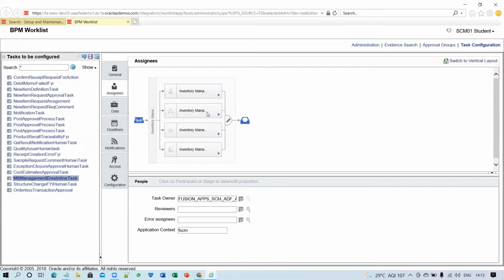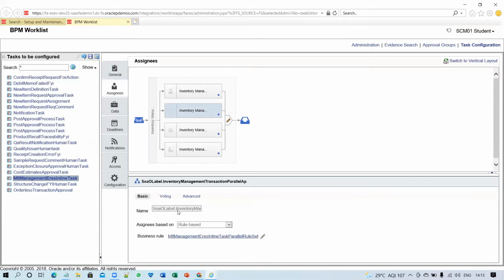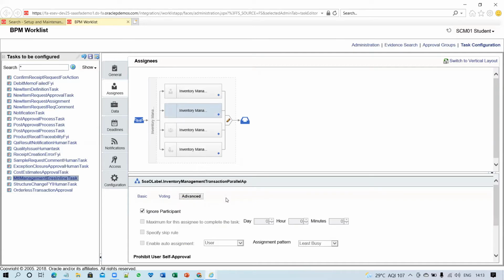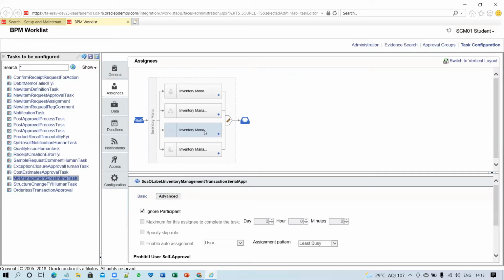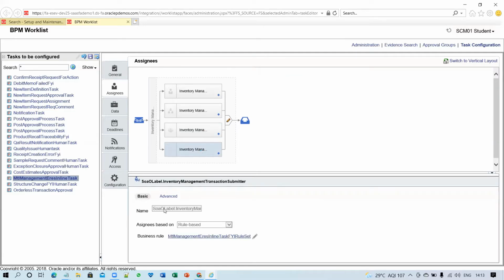So you have to click on it and then go to the advanced. And you have to see whether that particular participant is ignored. So let me search for others and click on advanced. Yes.